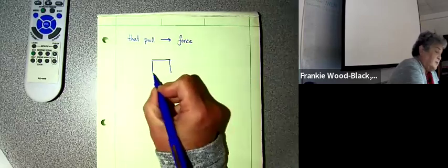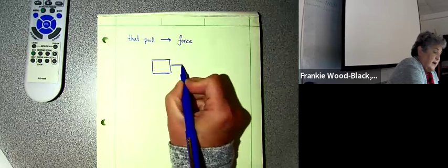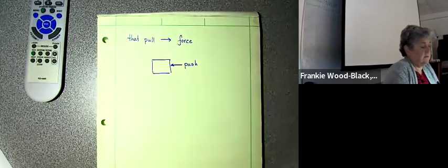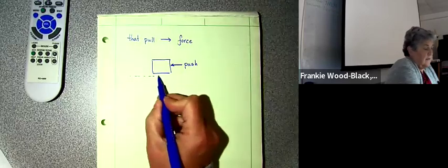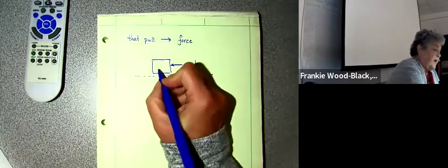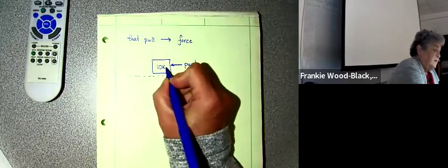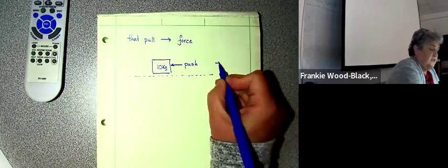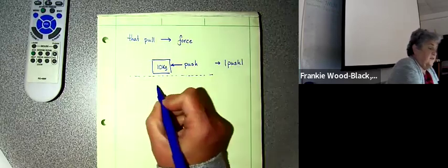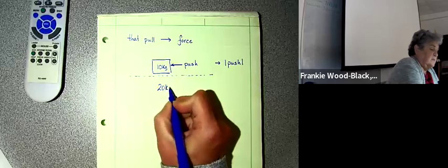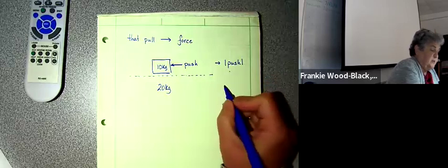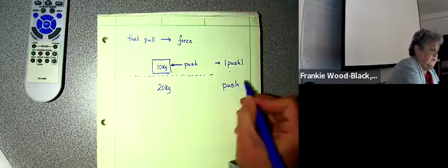I have a box and I'm trying to get this box to move, and we apply a push to it. And if this box weighs 10 kilograms, we have a magnitude of a push in order to get it to move. But if this box weighs 20 kilograms, we know that this push has got to be greater than that push,